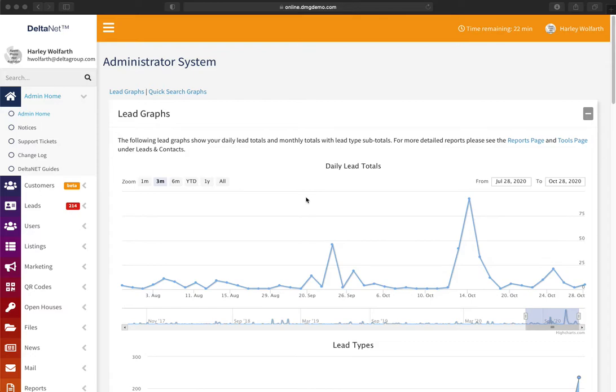In this video, I'll be covering the admin side functionality for the DeltaNet 6 Creative Studio. It's very similar in most ways to the agent side. In fact, if you're creating a print design, then that interface is exactly the same on the agent side as